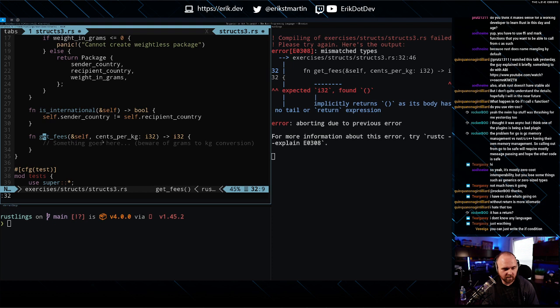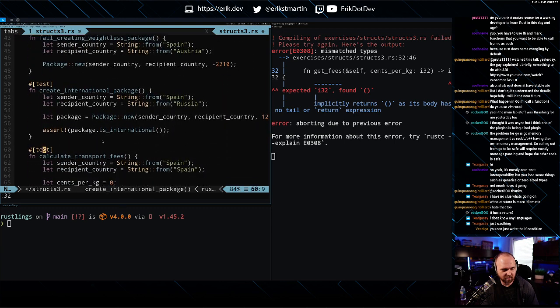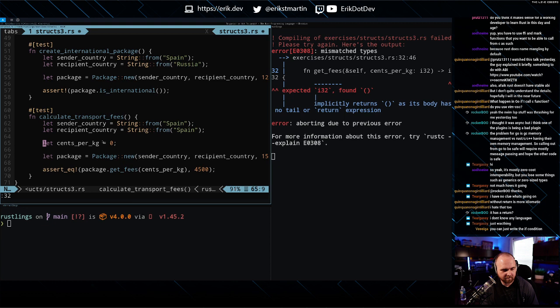Okay, so now we need to get the fees. Let's look at the test to figure out what the fees are supposed to be. Okay, so we made up our own fees. Wait.